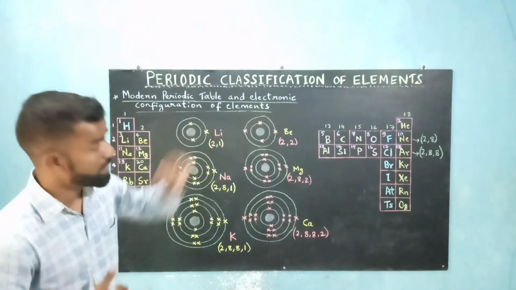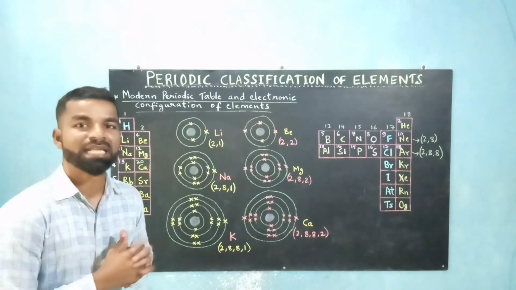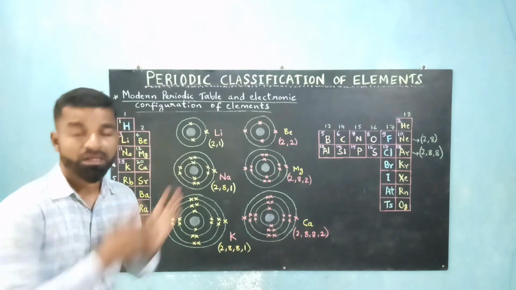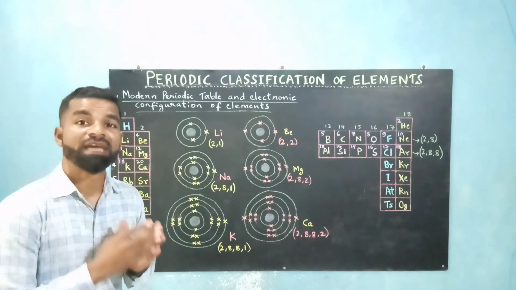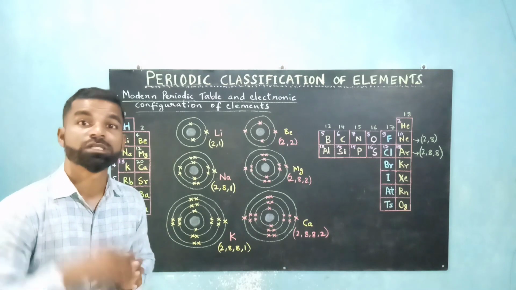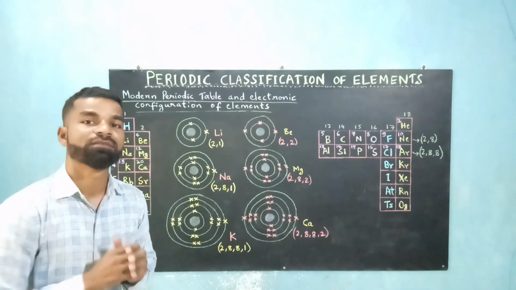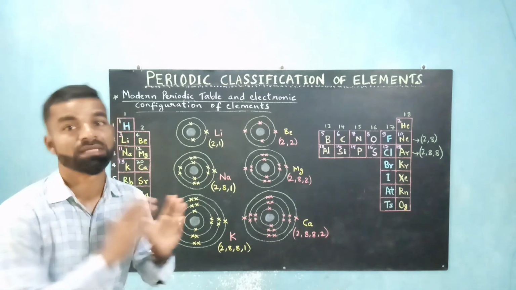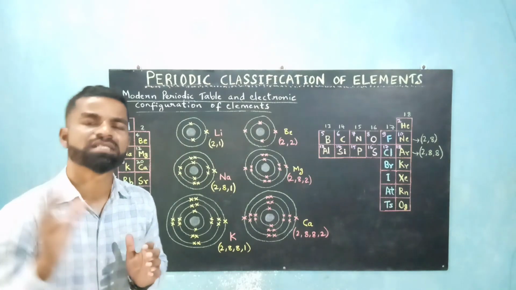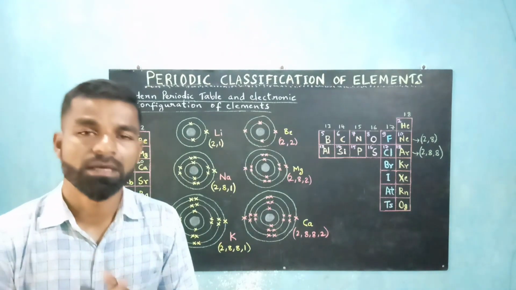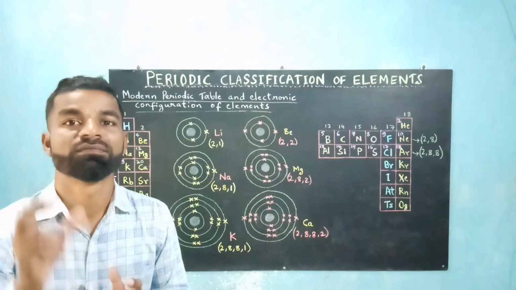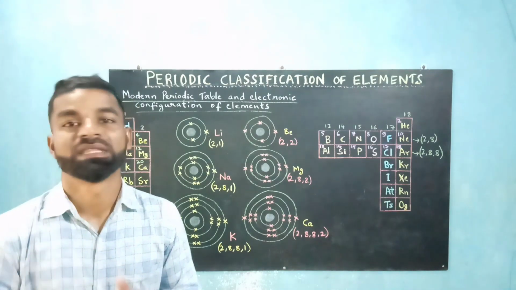If you take, suppose, the halogen family, group 17 elements, which includes elements like fluorine and chlorine, the number of valence electrons, or the number of electrons present in the outermost shell, are equal. There are 7 electrons in the outermost shell. So this is the first characteristic within a group. The number of valence electrons within a group are the same, they are equal.